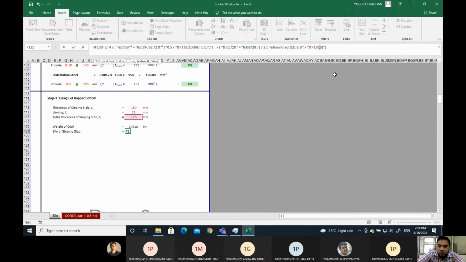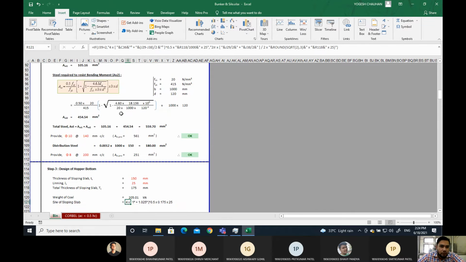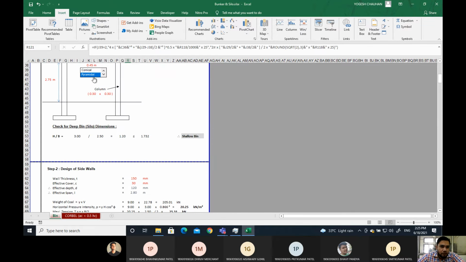Now this will be multiply by 25, that is the density of the concrete, and bracket close over here. This is for the first case, and if it is second case, that is conical, then